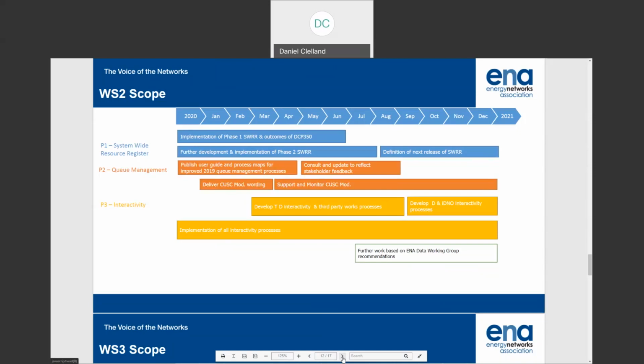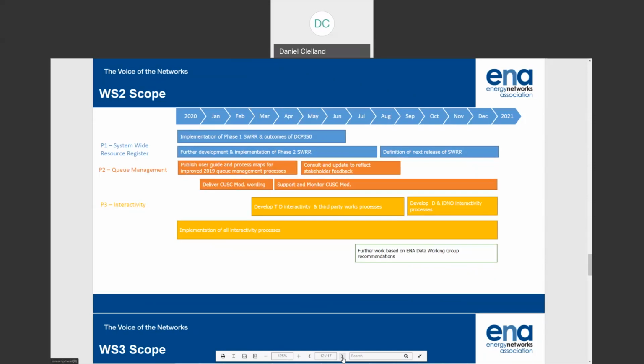So we're continuing on our theme of open data. And again, at the bottom here, Nigel referenced it earlier, we're also inputting and expecting output from the ENA Data Working Group. That is a cross-fuel gas and electricity working group, so we're expecting some of the initiatives to come back into open networks for us to consider for asset registration and other areas in the data working group when it comes to electricity assets.